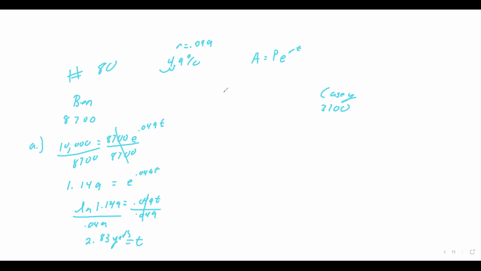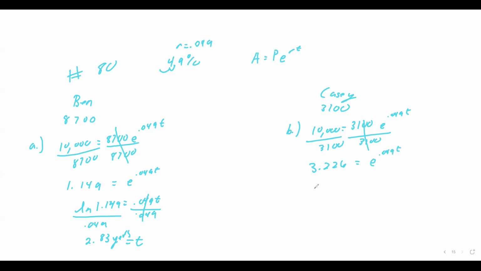All right. Then we go to Casey. The next part says, how long will it take Casey to reach 10,000? So we do the same process, but for Casey now. So that's going to be 10,000 equals 3,100 e to the 0.049t, divided by 3,100. So again, 10,000 divided by 3,100 gives me 3.226 equals e to the